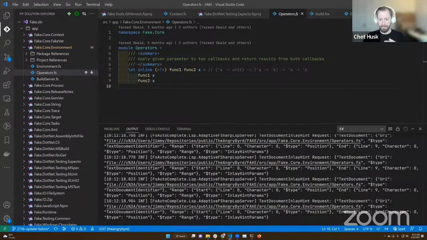Ionide VS Code F#, I'm just going to call it the VS Code extension or Ionide from now on, is the thing that's actually providing the solution explorer you see on the left. It's using data that comes from FSAutocomplete, but FSAutocomplete doesn't just send a serialized representation of this tree.